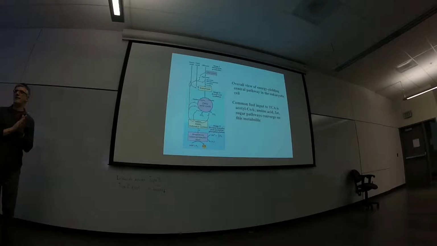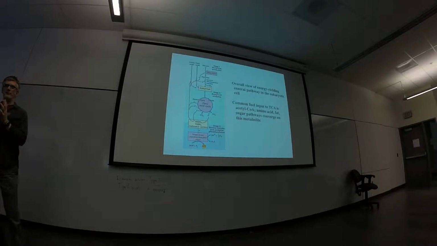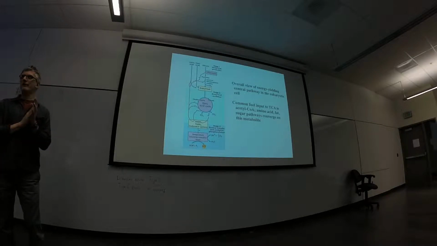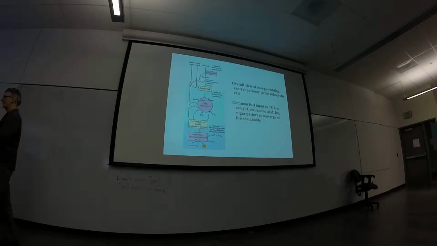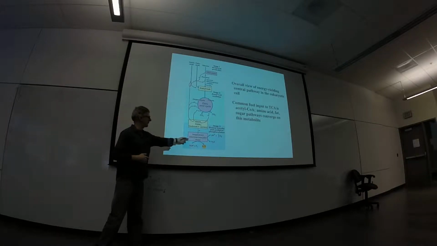So next week the whole week will be on regulation, which will mean that you don't do new pathways, but rather we just look at the ones we have already looked at and think about how they're controlled in the cell, how it works. And then we'll go on from there to talk about some aspects of nitrogen metabolism, fats and such. And then we'll be ready to wrap up with oxidative phosphorylation, which is actually shown here, the respiratory electron transport chain,